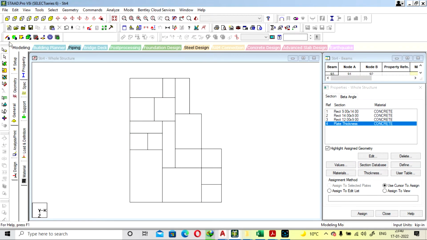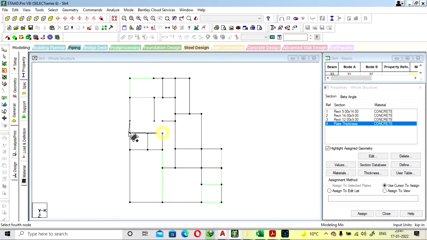Now you can draw the 4 element plate here. Okay, this will be your stair, and I am assuming the stair as a slab load. This will be your one room, this will be your second, and this will be another changing room, and these both are your washrooms. Okay, similarly here it is your washroom.